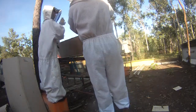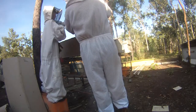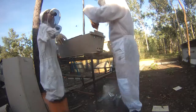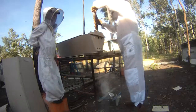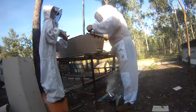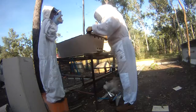Up here, there's a whole bunch of honey. Yeah. Maybe. So they're all babies. Dad, do you think the queen could be over there? It could be, but I doubt it. How is the queen different to ours? She's got a really big butt. She's got a neck. I reckon she might be in there. Yeah, well, I always had trouble finding this one. I found the other one about 4 or 5 times, but